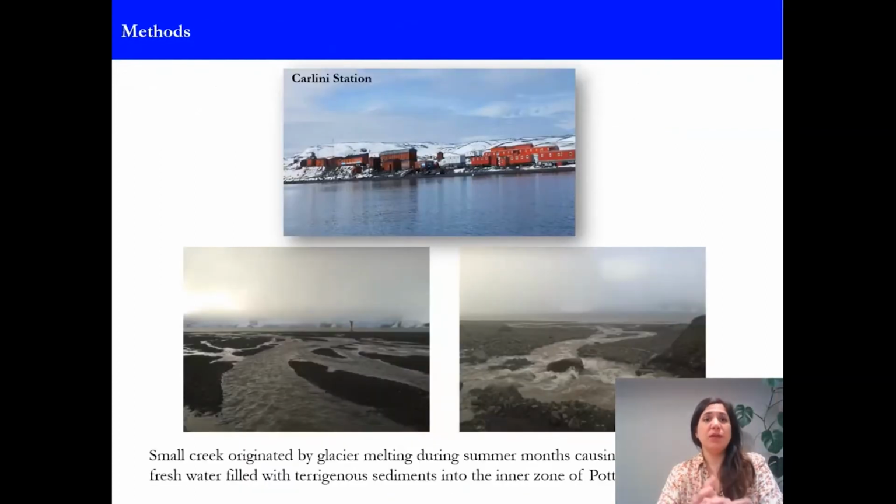So on the coast of Potter Cove is placed Carlini Station. Probably some of you know this station. And below you can see pictures of small creeks that are created in summer or during the warmer months, because this also happens in spring, when air temperature is higher, above 0 degrees, these creeks originate and a lot of fresh water goes into the cove with a lot of sediment,